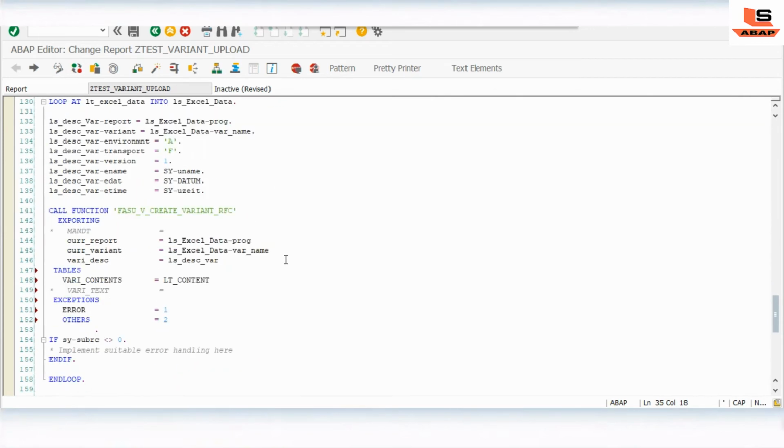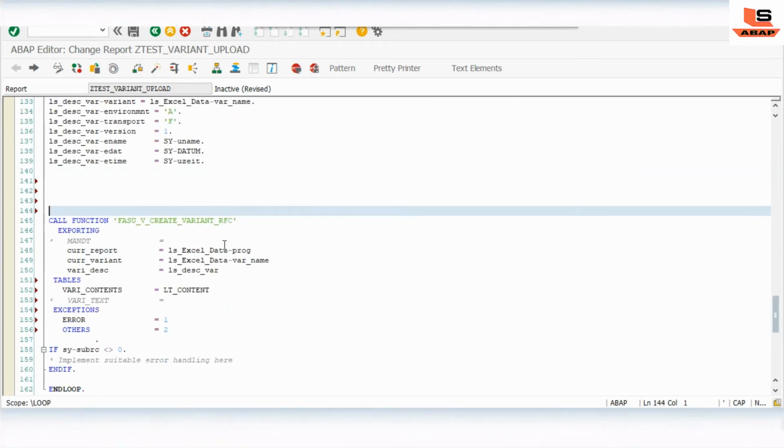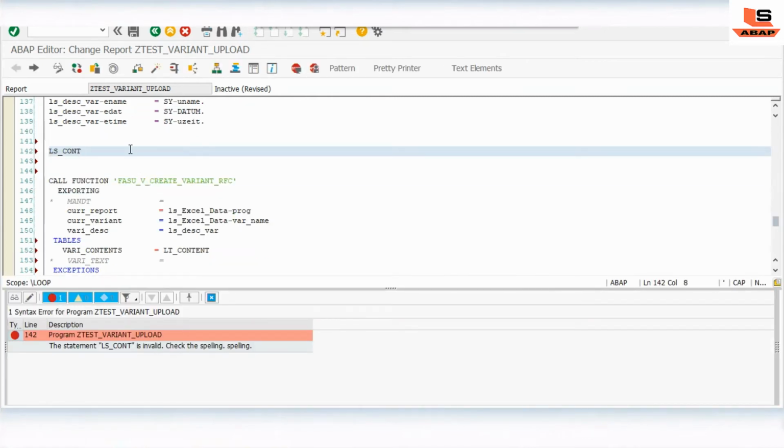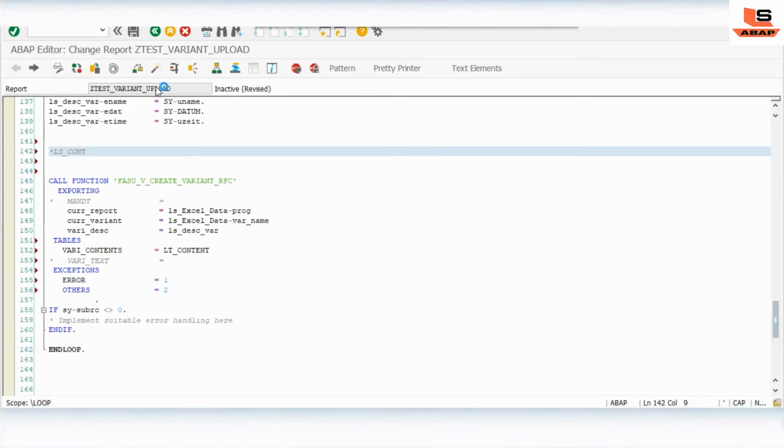We need to just append the data in this table. So the data where we have, we'll call the ls. Let me activate it first. Okay, so ls_content-selname, here we have to pass the selection name whatever we have from our Excel file.